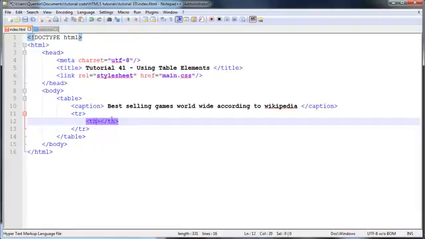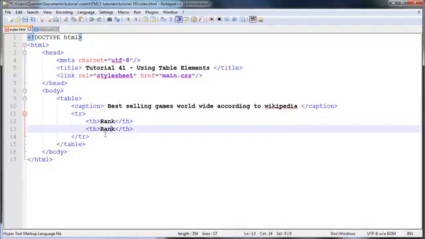So this will actually just be the header of the table, okay? And the first column that I want in our table is going to be rank. So I'm going to go ahead and give that a rank. Then we can actually duplicate this line by pressing Ctrl D, and I'm going to give the second column a